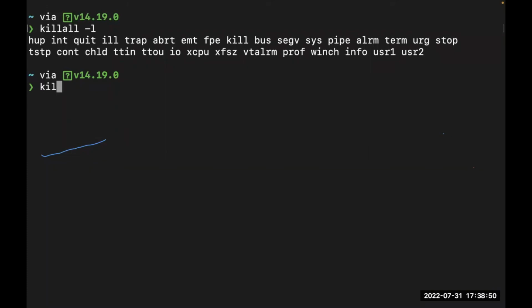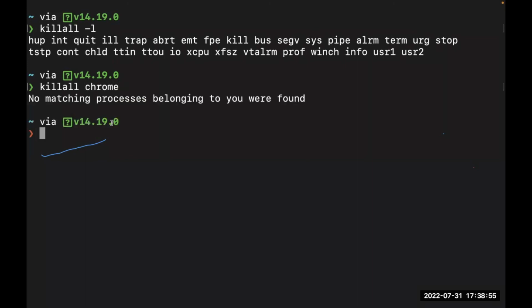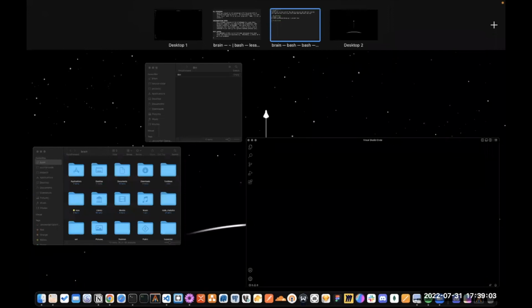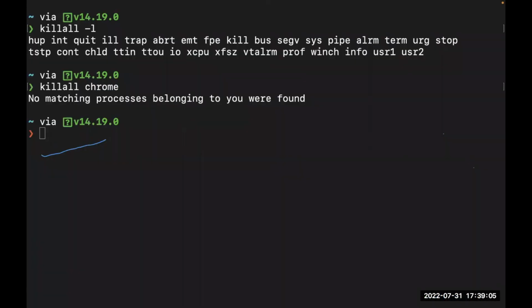Okay, so killall. What if I have like Chrome opened? Oh, that's weird. Okay, so if you're using a Linux machine, go ahead and try this. I believe I am not executing this command very well. I definitely believe I'm not doing that very well. I'm also going to probably get back to this command, but let's see. I'm quickly looking up on my second screen, trying to figure out where I'm going wrong.